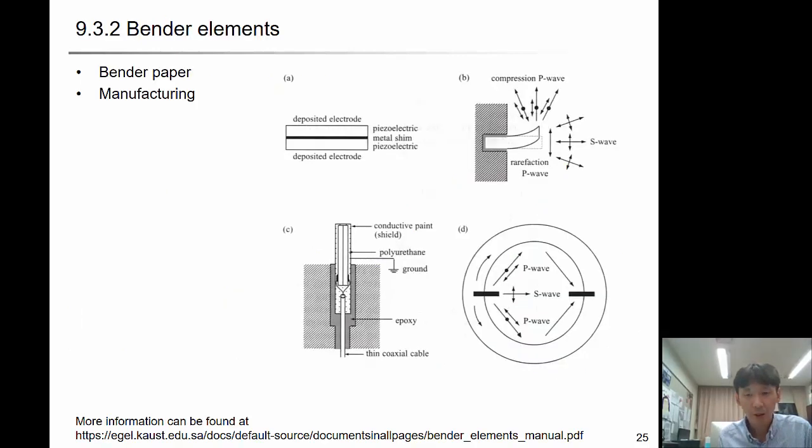So the next topic, and the last topic of this lecture, is the bender element. I guess that you've heard about the bender element a lot. I recommend you read some papers about the bender element. It consists of two layers of piezo material with a metal shim in between, so that you apply voltage to this piezo material,